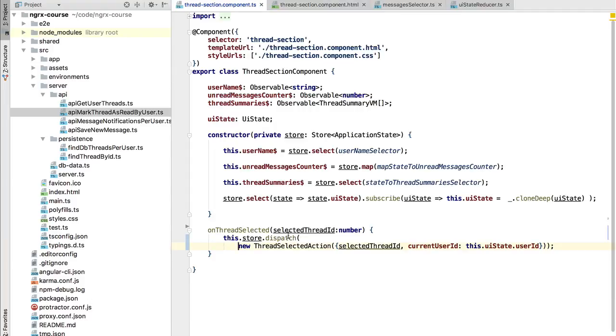Vasco here. We are going to implement in this lesson a side effect to the thread selected action. So we have already modified in memory on the client side the data of the store so that it reflects the fact that the messages of the thread have been read by this concrete user. Now we are going to do a call to the backend server to report that the user has read these